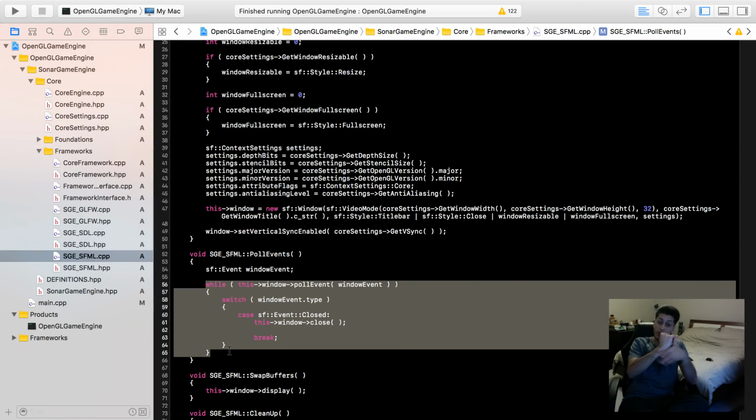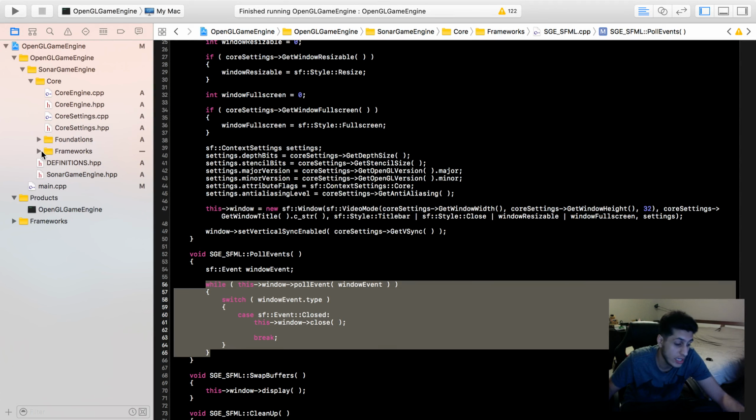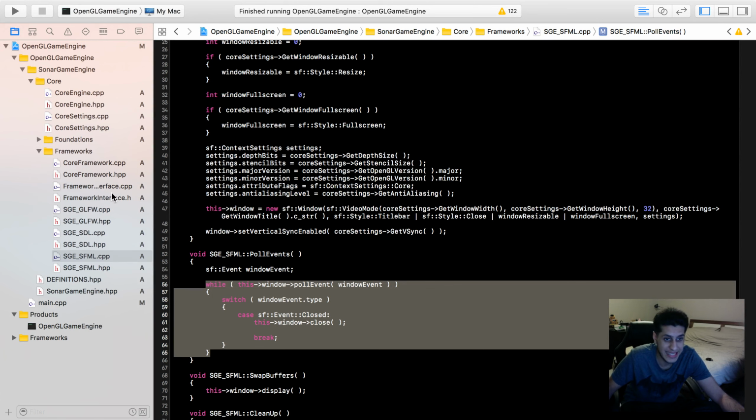You could do keyboard events, you could do mouse events, potentially joystick events, window based events, any sort of event that you can essentially think of will be handled in that. Thinking of doing it as a singleton so you can just access it anywhere. I'm honestly thinking of doing a very similar system to frameworks, having something called events, and within there you would just have some sort of event interface, core event, and then